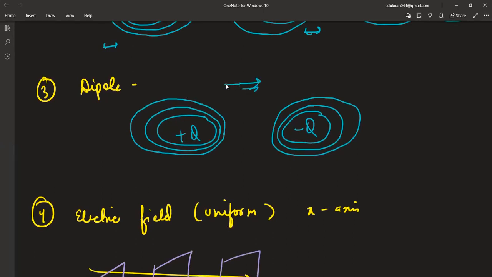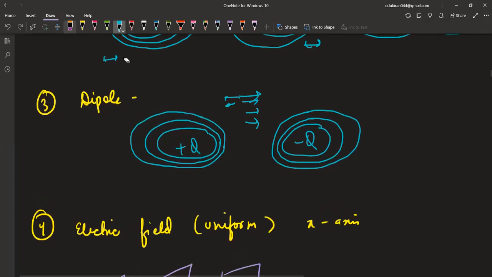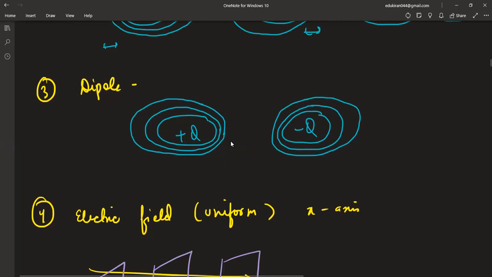This is attracting this, this is attracting this. Electric fields are in the same direction. See, for the positive charge, the electric field is here, for the negative, it is here. So the electric field in the same direction increases. If the electric field is increasing, that is how you show equipotential surfaces closer to each other. Here the electric field is less, so there is a distance. Last case,